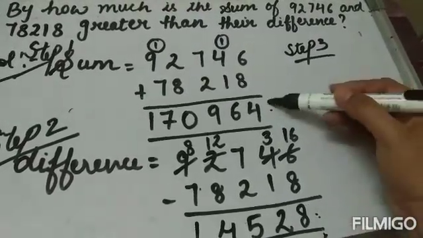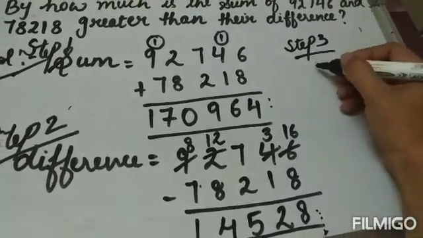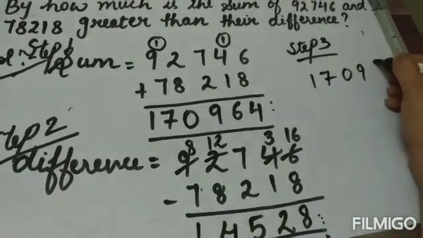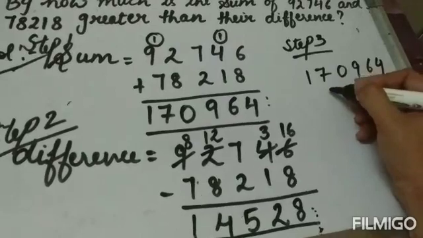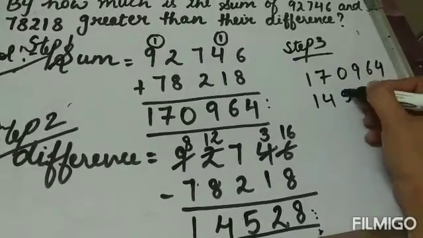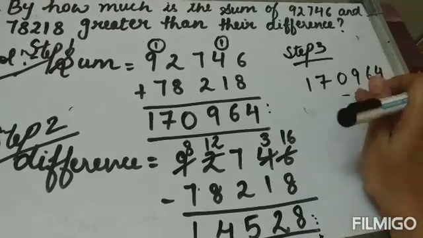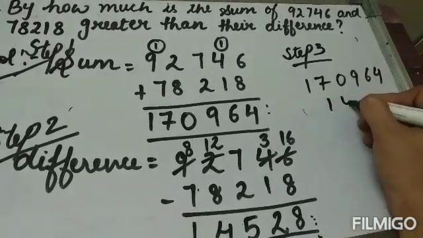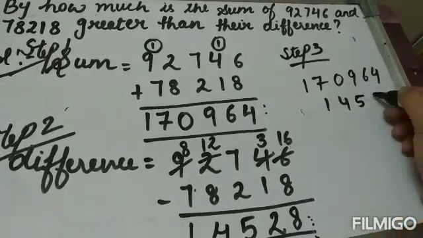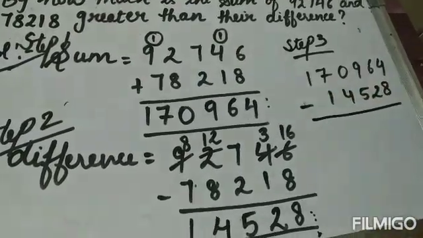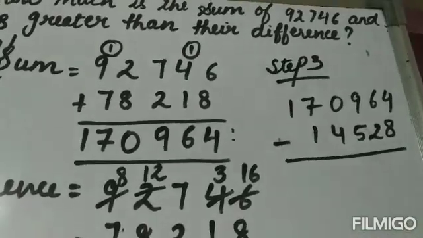Okay, we will find the difference between these two numbers. So third step is 1,70,964 and 1,14,528, and we will find the difference between these two numbers, and